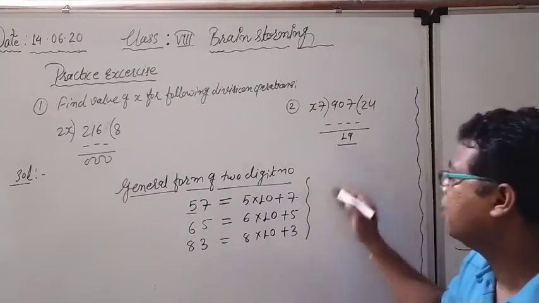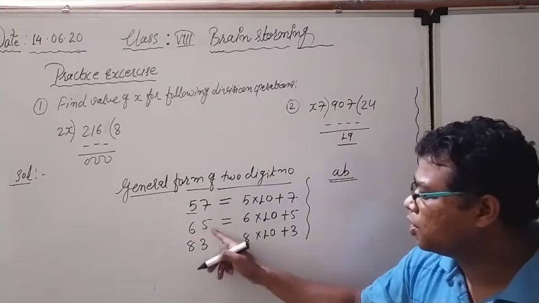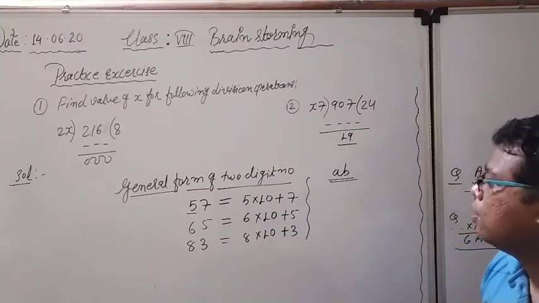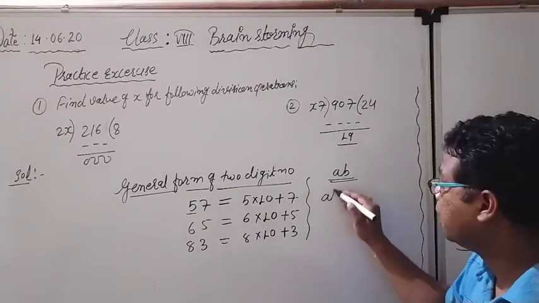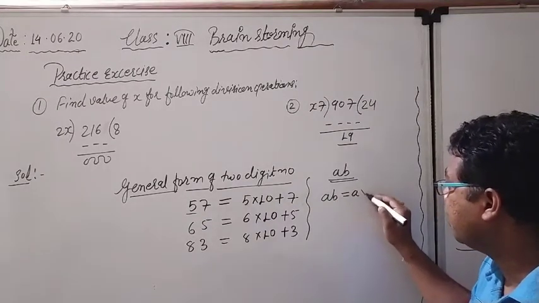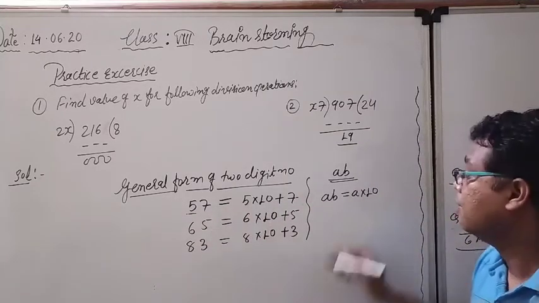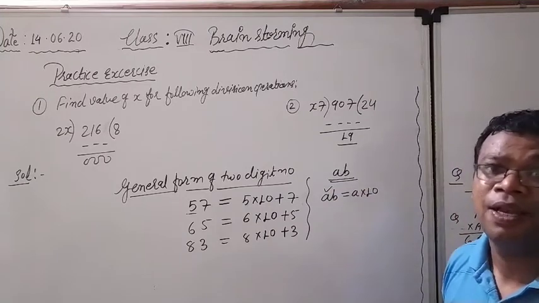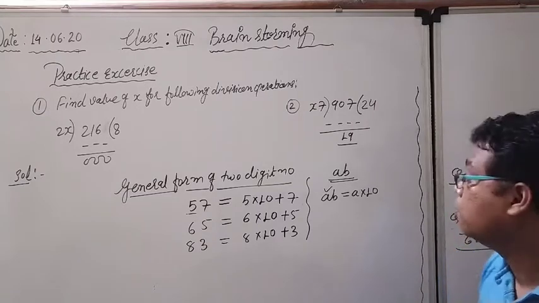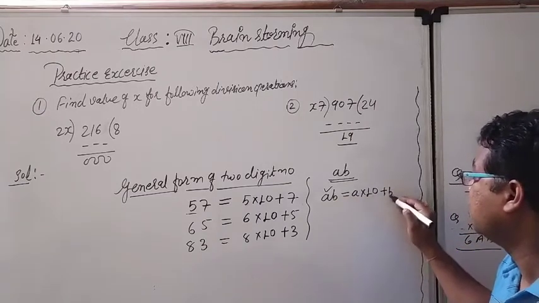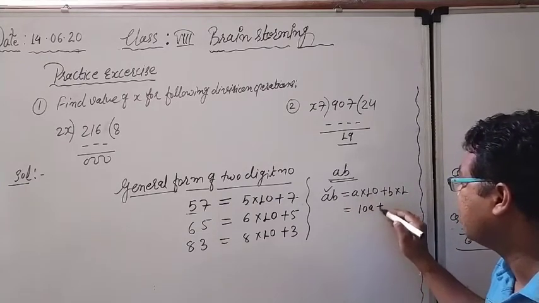According to that, if any 2-digit number, say AB, in place of 57, 65 and 83, what am I going to consider right now? Suppose my 2-digit number is AB. So how could it be written? Definitely A into 10, meaning the digit written in the tens place, and because it is a tens place digit, we have to multiply by 10. Then only it is the place value, plus the digit written in the unit place multiplied by 1. Otherwise, in short form, we can write 10a plus b.